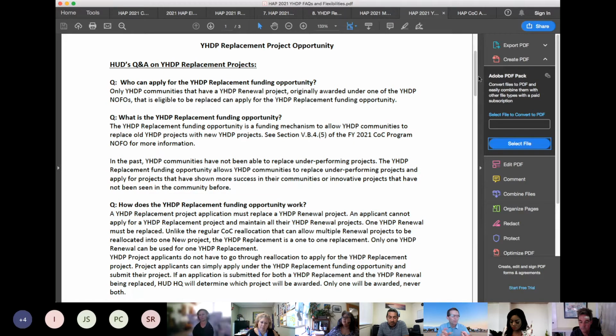We should keep in mind we have one definite that wants to give up their grant. It's a permanent supportive housing grant, which includes services and rental assistance. Another is open to transferring a rapid rehousing subsidy and services grant. And then we have this opportunity through the NOFA, where if you are a recipient of YHDP funds already, you can propose transforming your grant and looking at replacing an activity to get it more in line with what's going to be impactful here in